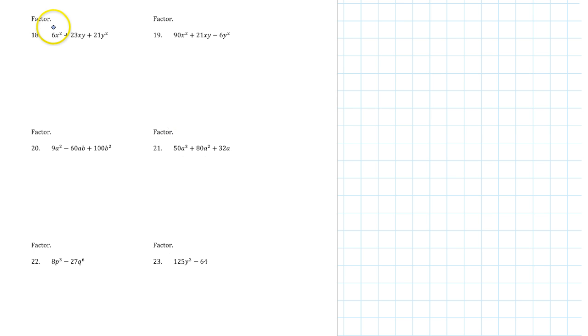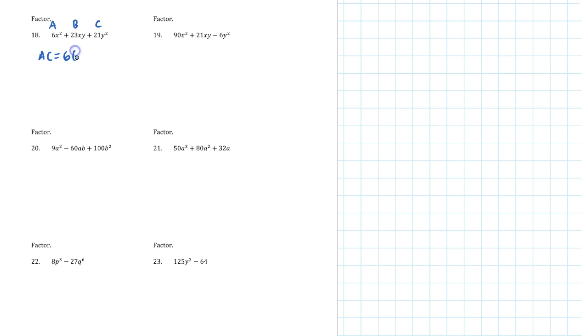Okay, number 18, factor. So we look for a GCF, and there isn't one. So now we have to look to see if we can do the AC method. Okay, so we know